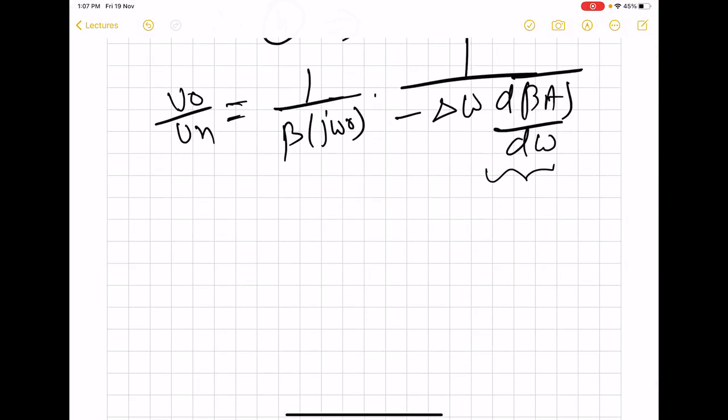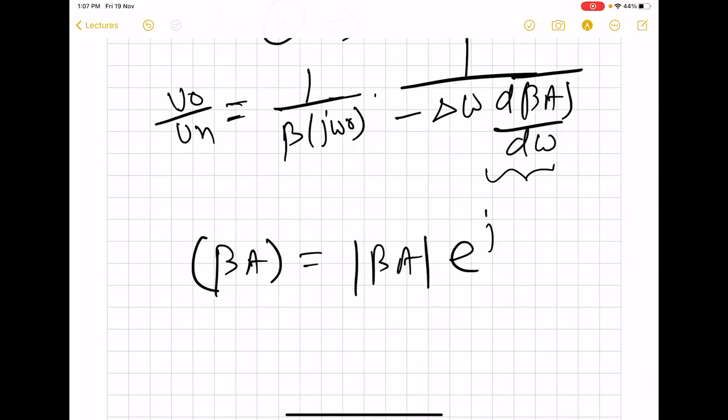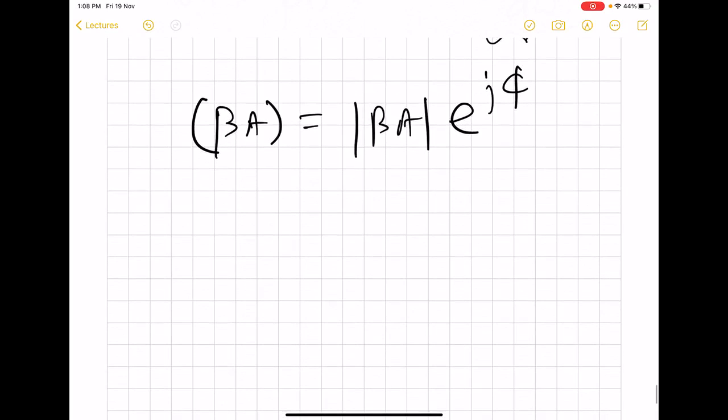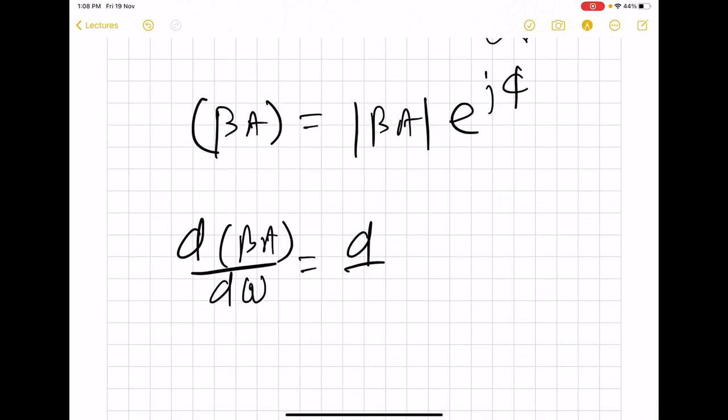For that, we will represent this beta A in the polar form in this way. So therefore, the derivative can be written as